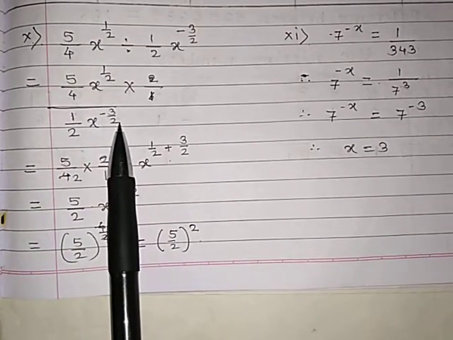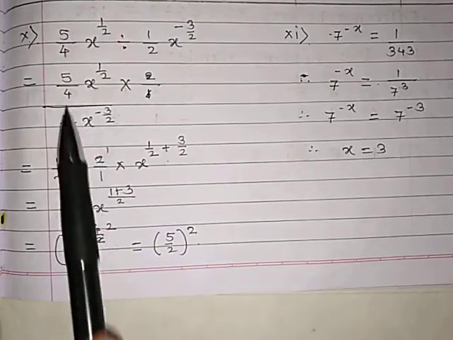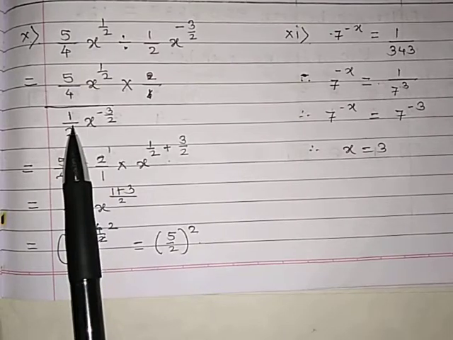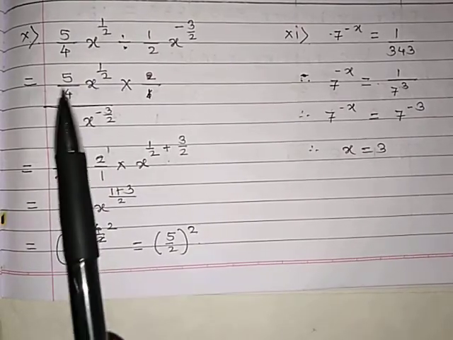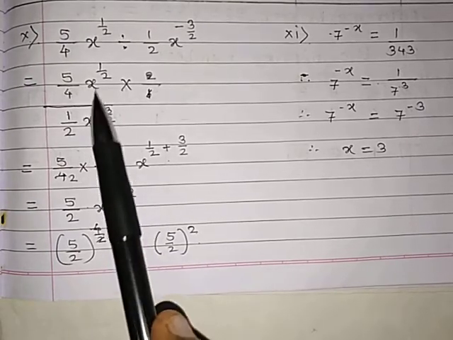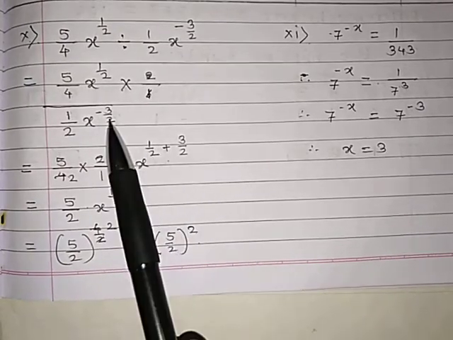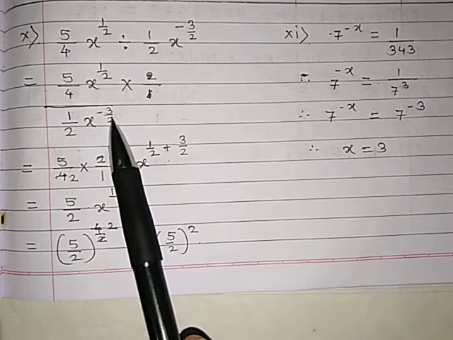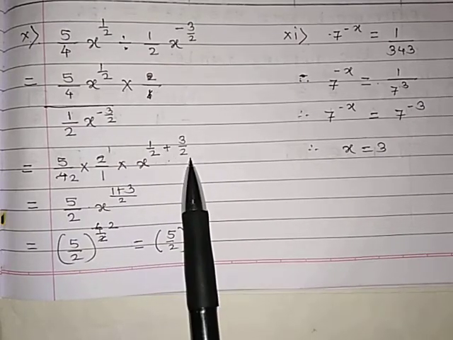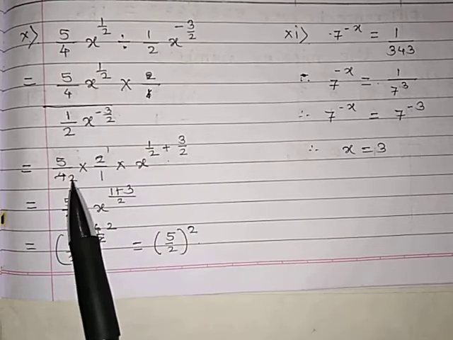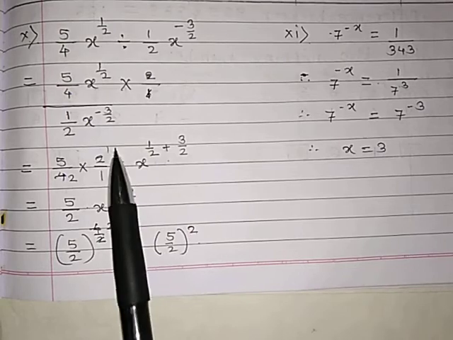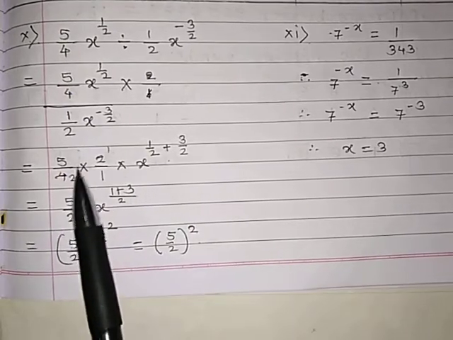When we take this half into the numerator, it will be 2 upon 1 into x raised to 1 upon 2. When we shift this minus 3 upon 2 into the numerator, it will be plus 3 upon 2. Now, when we cancel these terms, 2 1s are 2, 2 2s are 4, and we get the answer as